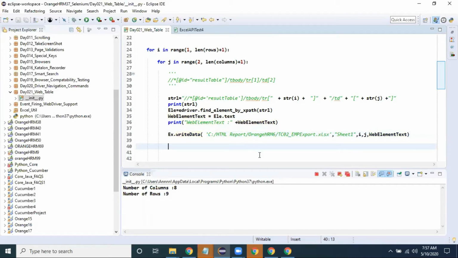Okay, so this is a complex logic. You need to take one pen and paper. So I tried my best to explain this logic. Hope everyone understood, or do you want me to repeat? Any clarification is required, just let me know.